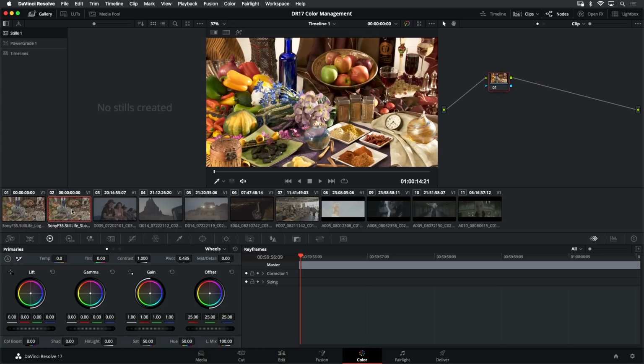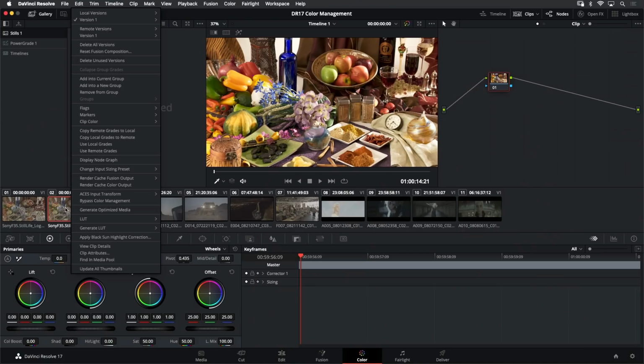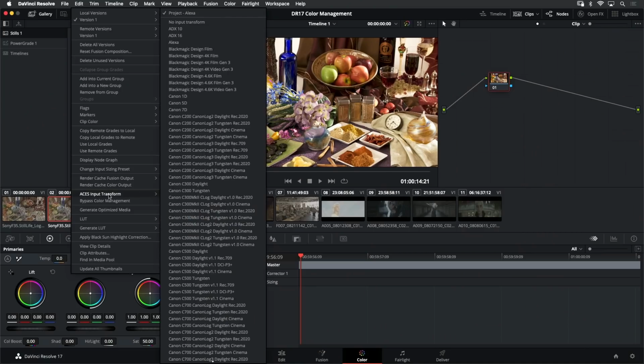But this shot, shot number 2, is in a different color space. This is actually in Sony's S-Log3 S-Gamut3 Cine color space. I actually need to designate, just for this shot, a different input color space in order to get a valid result. So I can do this within ACES by right-clicking on the thumbnail for a shot and just on the basis of this shot saying, hey, I want to change my ACES input transform.